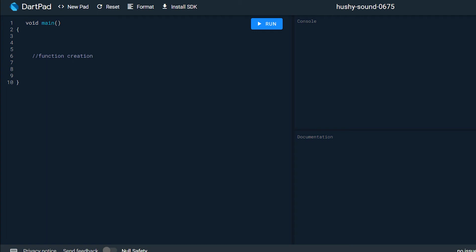To define the function, first we have to write the name of the function. The name of the function depends on the user. That means we can name the function as per our choice.